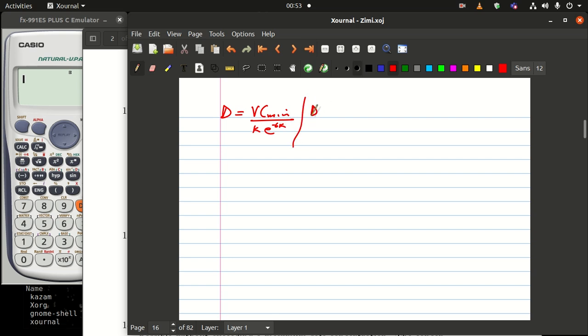The second one says D must be equal to V times C min, divided by K times e raised to minus 6K plus e raised to minus 12K. The next one says D must be equal to V times C min, divided by K times e raised to minus 6K plus e raised to minus 12K,